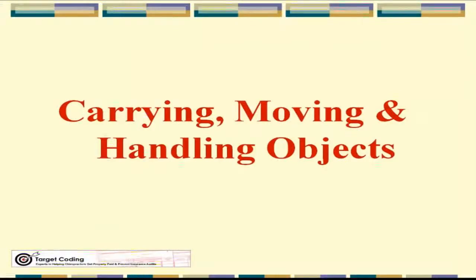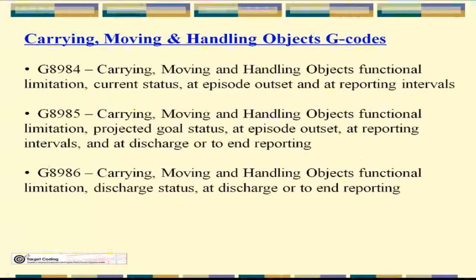Next functional measure is carrying, moving, and handling objects. So now we have 3 more G codes: G8934 at the current episode, G8985 at the goal, and G8986 at discharge. So what does this involve? Lifting and carrying objects, raising an object or taking something from one place to another, lifting a cup or carrying a child from one room to another,